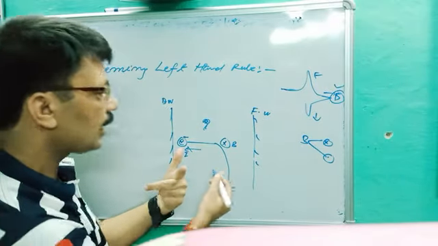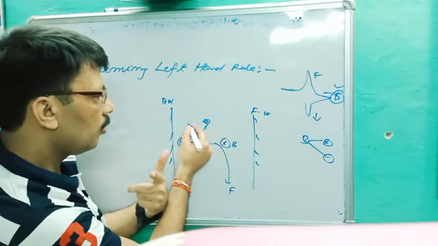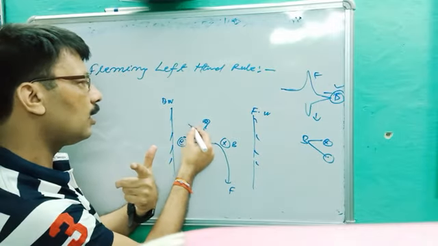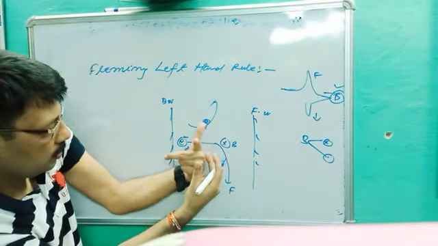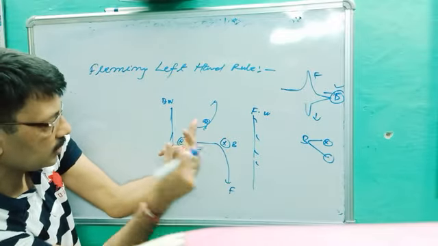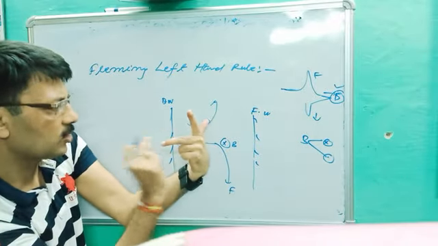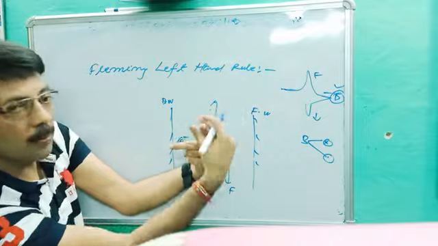Okay. Let's suppose in the same question I ask this: the beam of electrons is deflected towards the left side. So what will be the answer? You can see your answer. It is not inward, it is outward. This is the direction of current. This is the direction of force. So it will be outward.